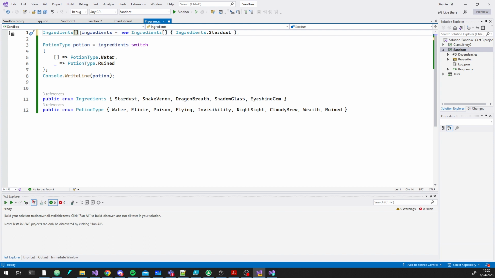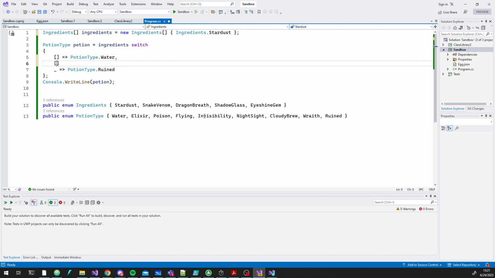Lists are included in it. So a bunch of things could work here. Anyway, if it's completely empty, then it'll be water. If it's anything else, it'll be ruined now. We definitely don't want to stop there. So if, for example, it has a single item and that item